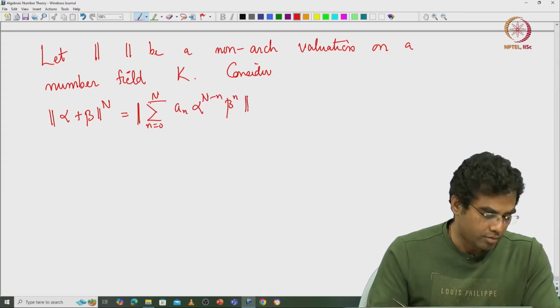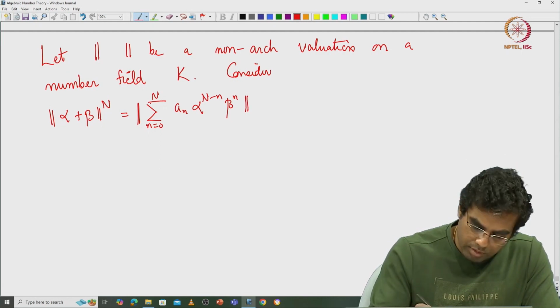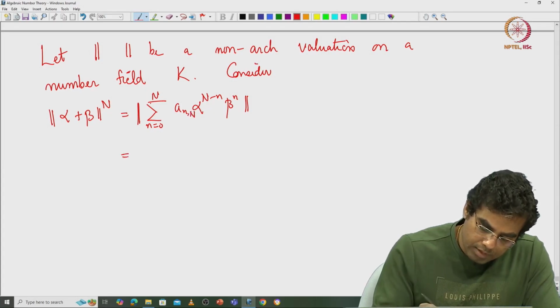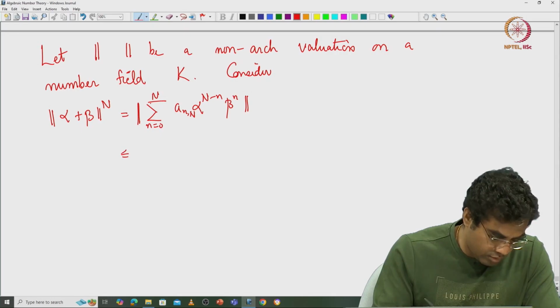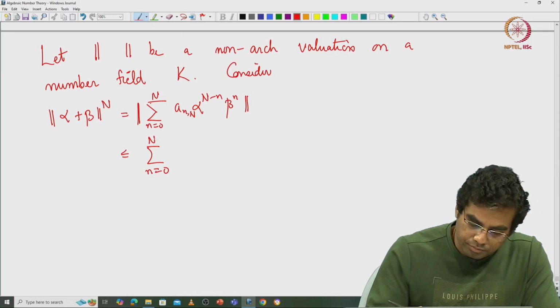The a_n's are some binomial coefficients. I do not really care too much about them. This is less than or equal to, by using the usual triangle inequality,